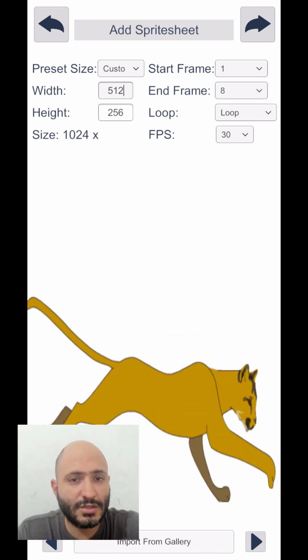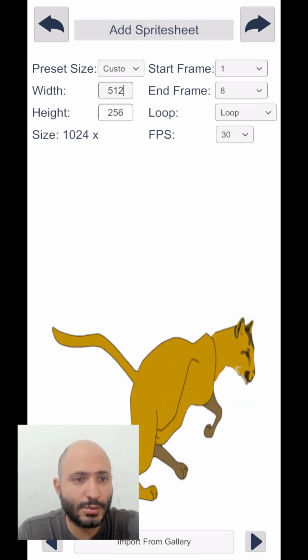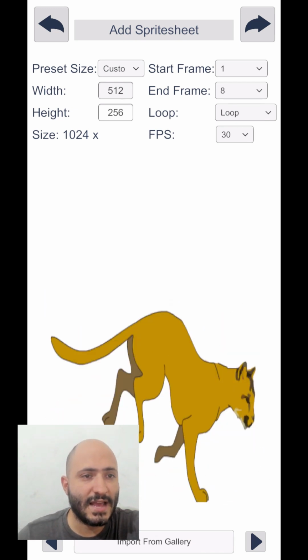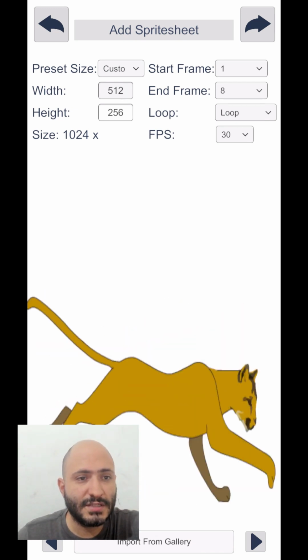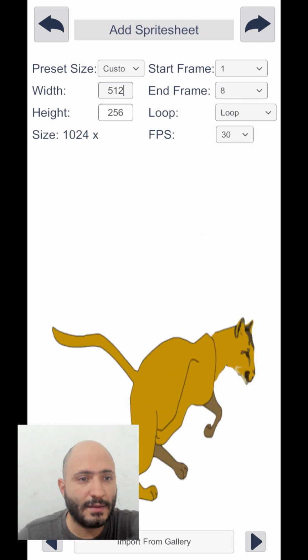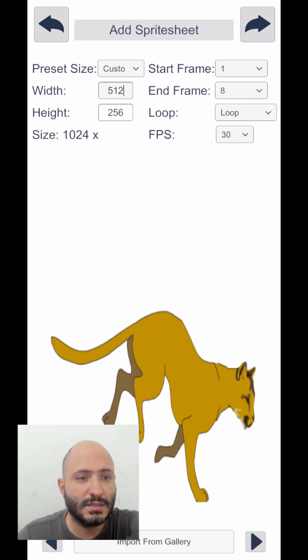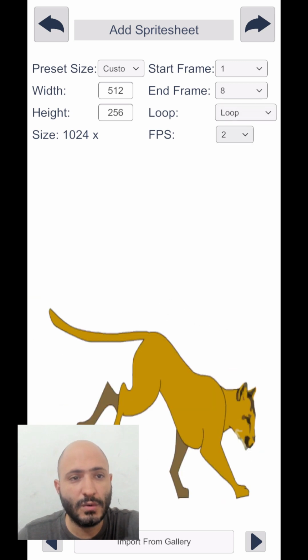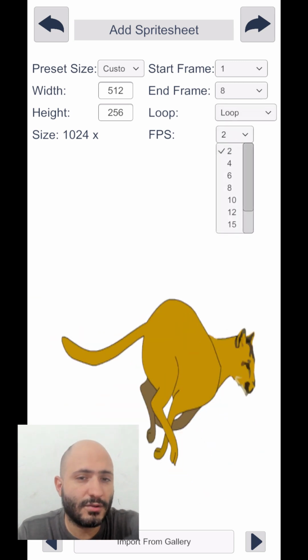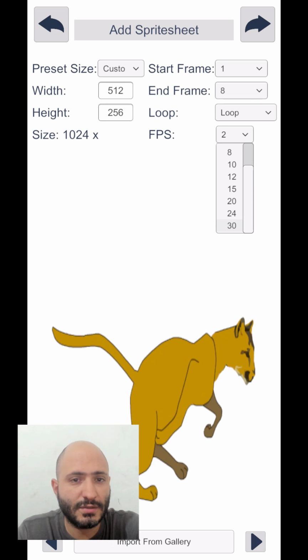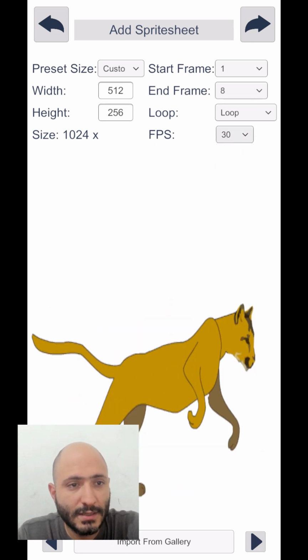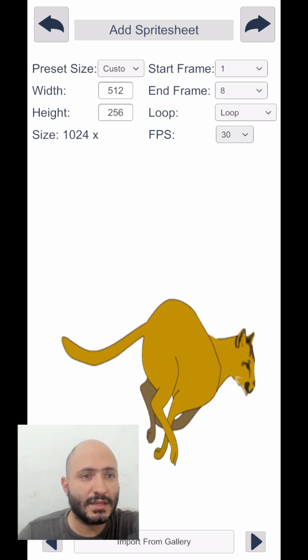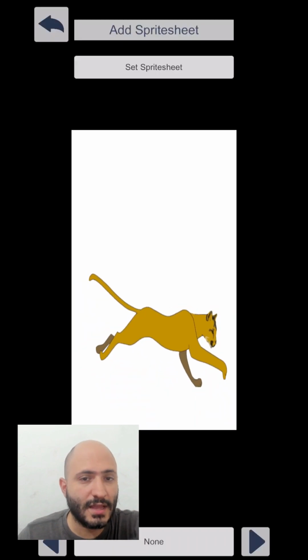I want to keep this animation reproducing the whole time that appears on screen, so I'm going to keep this as it is. The frames per second is something that is going to make your animations slower. So of course, if we go all the way down to 2, it's just going to be a very slow animation. And by going back to 30, we're going to see again the smooth animation that we had from the beginning. So now that this one is ready, I'm going to click continue,